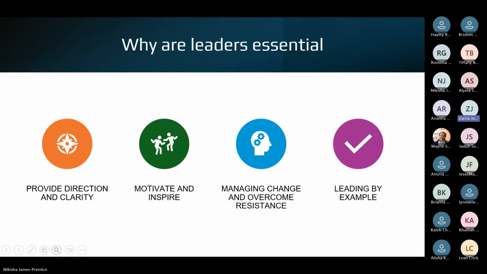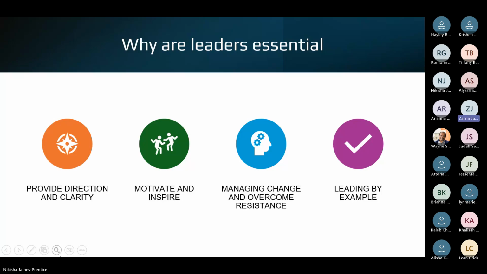Why leaders are essential. Leaders are essential because they provide direction, inspiration, and coordination that enable a group, organization, or even a nation to move towards a shared goal, especially in complex and uncertain situations. Without leaders, plans can lose focus, motivation, and coherence.